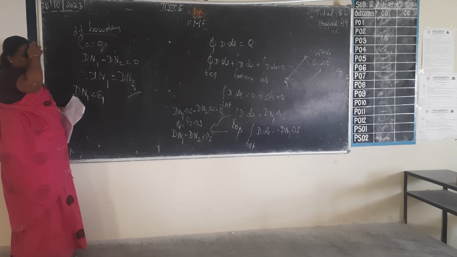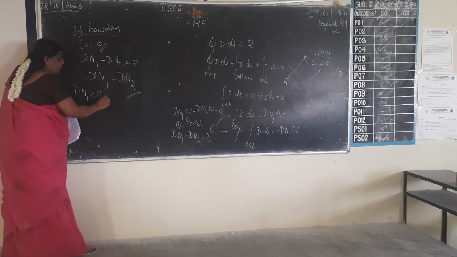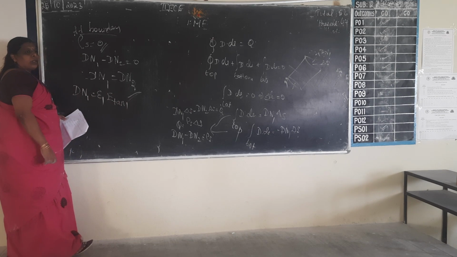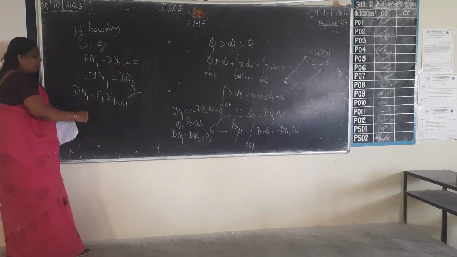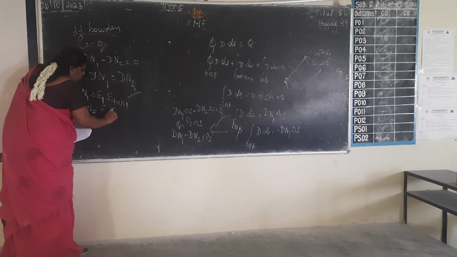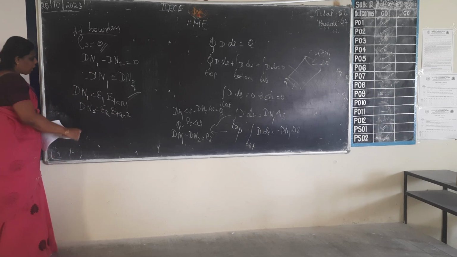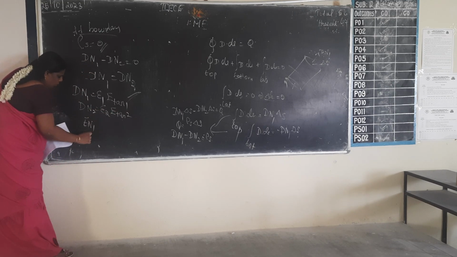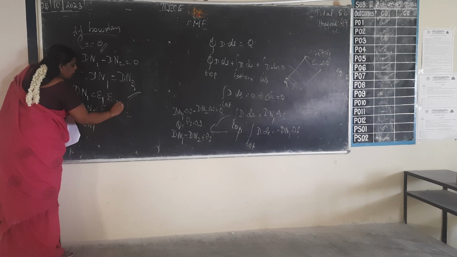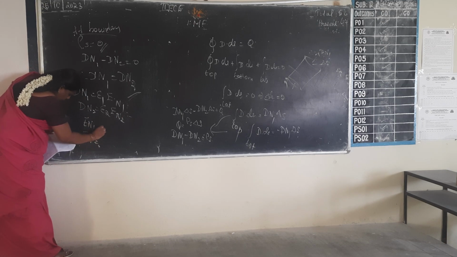Continuous at the boundary between two dielectrics. Next step, take down. Dn1 is equal to epsilon 1 into En1 and Dn2 is equal to epsilon 2 into En2. So we have Dn1 by Dn2 is equal to